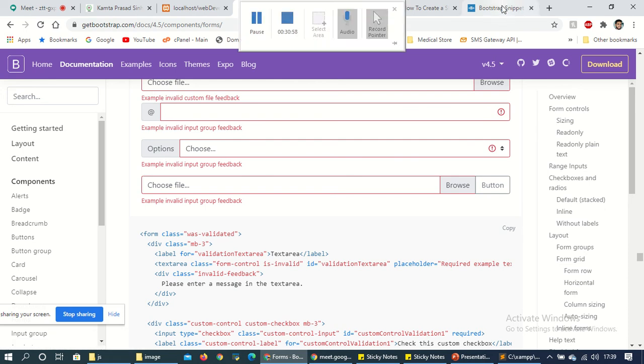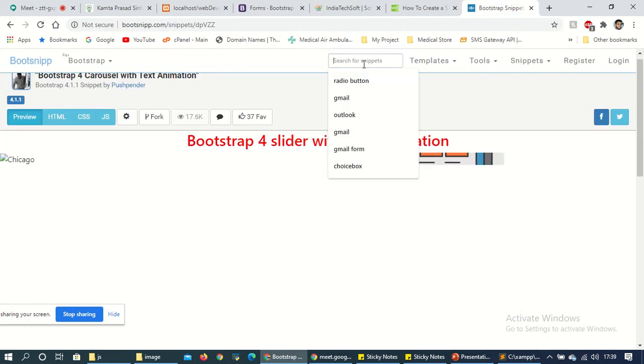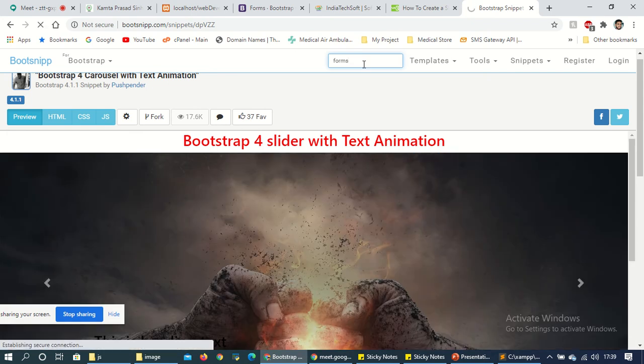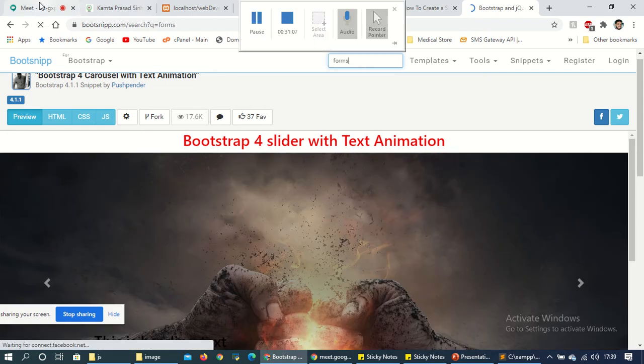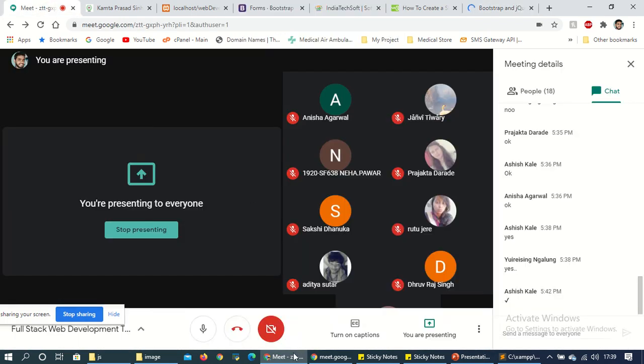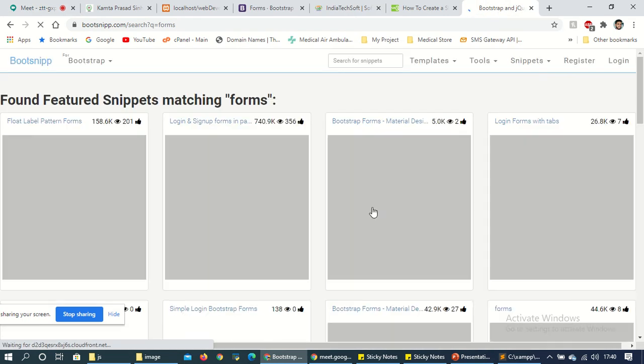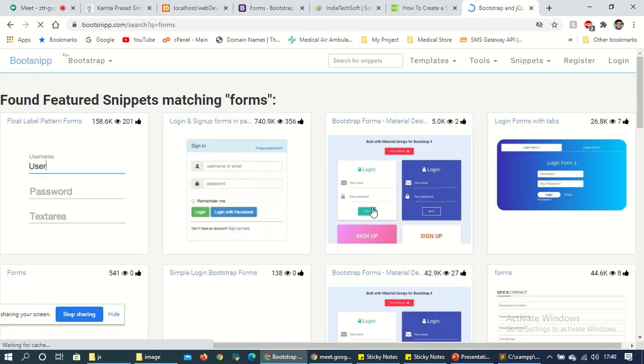But if I search form in this Bootsnip, then forms. See, there are various types of designs. Login form, sign up, login, and these all are bootstrap forms.